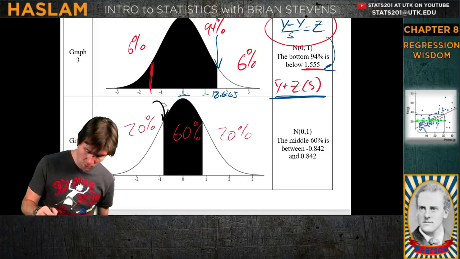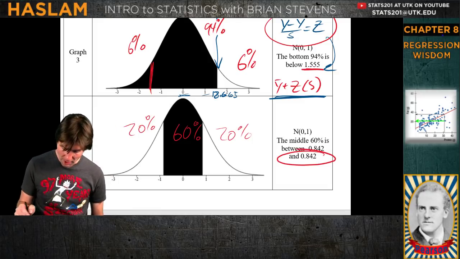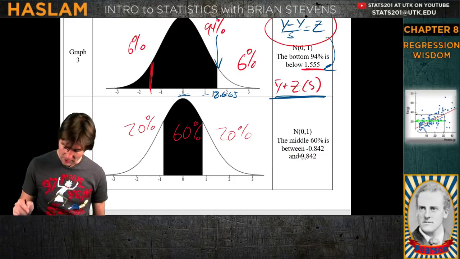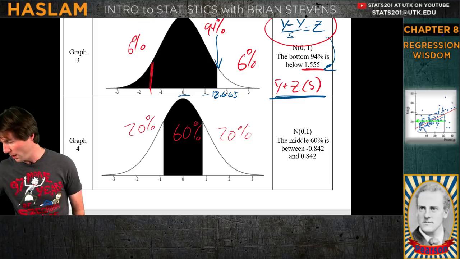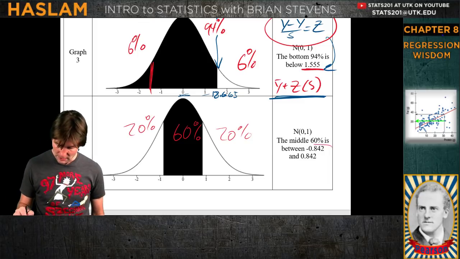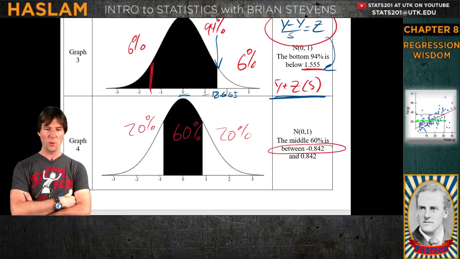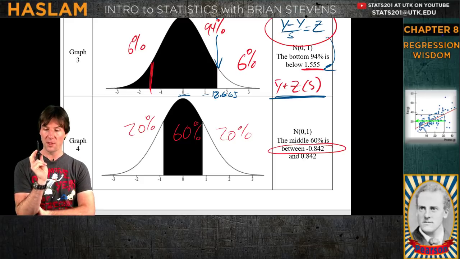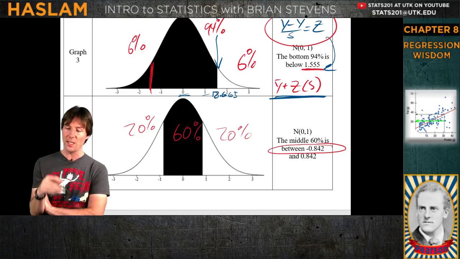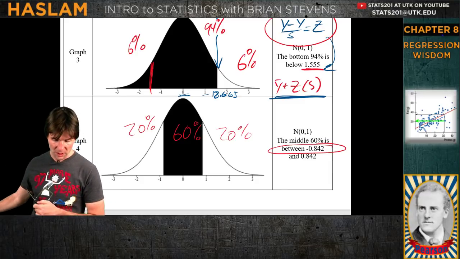The problem is I think it wants the weight. We right now have a what? Brian, what you are circling here is specifically a what? That's not the weight of a fox. A fox can't be -0.842 pounds. That is the something of a fox. The z-score, that's the z-score. Foxes can't weigh negative weights. That's preposterous.